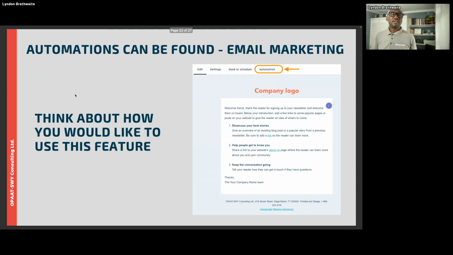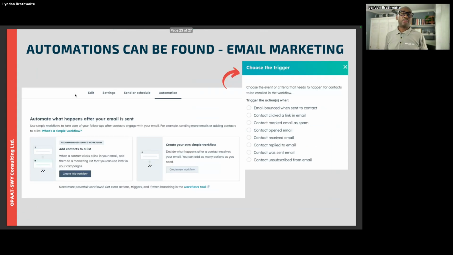The other one is in terms of your email, right? So if we're just sticking with the fact that the leads that have come in are based upon who's interested in what programs or what courses, etc., we want to make sure that those things are managed. Or, they filled out a particular form, and we want to start sending them some email marketing emails. Then within your marketing email, again, think about how you want to use this particular feature inside of HubSpot, because the same thing applies. But look at this, you have a lot more options as it relates to the email marketing side of things.